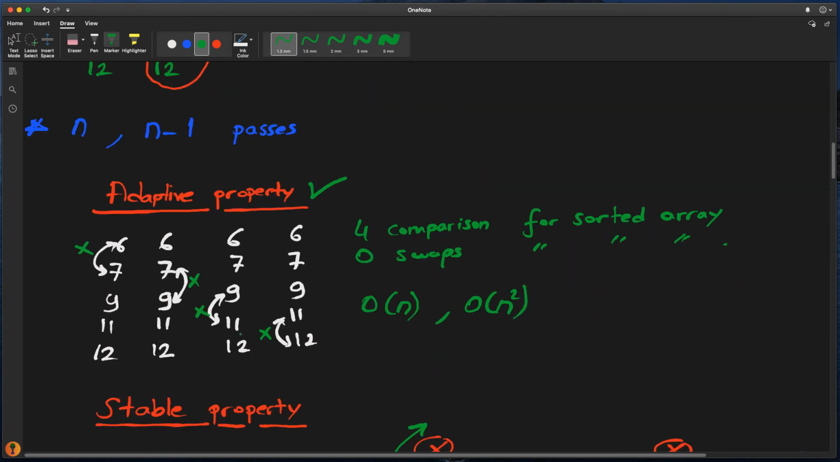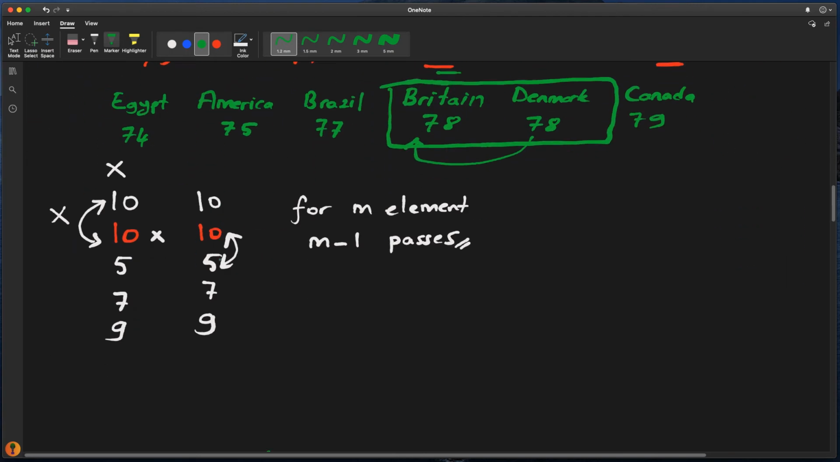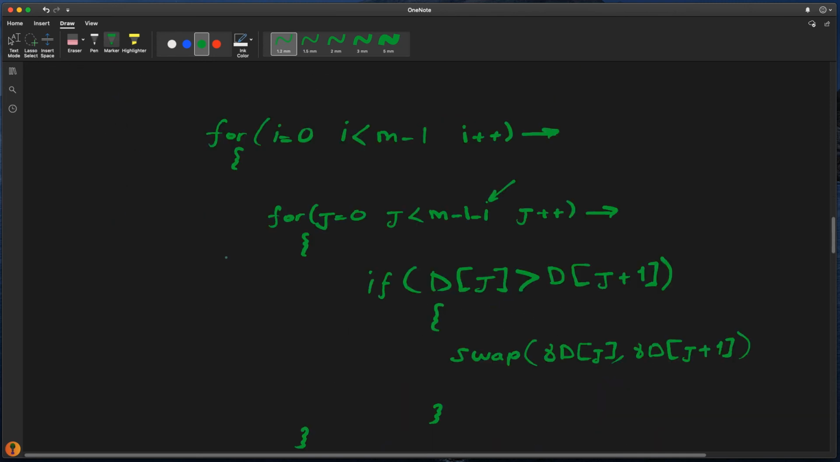I also explained the adaptive property of bubble sort. I mentioned that we have to implement a flag in order to make our bubble sort algorithm adaptive. So we will use a variable to make our algorithm adaptive. Before the second loop, we will initialize our flag variable as 0. And inside the second loop,